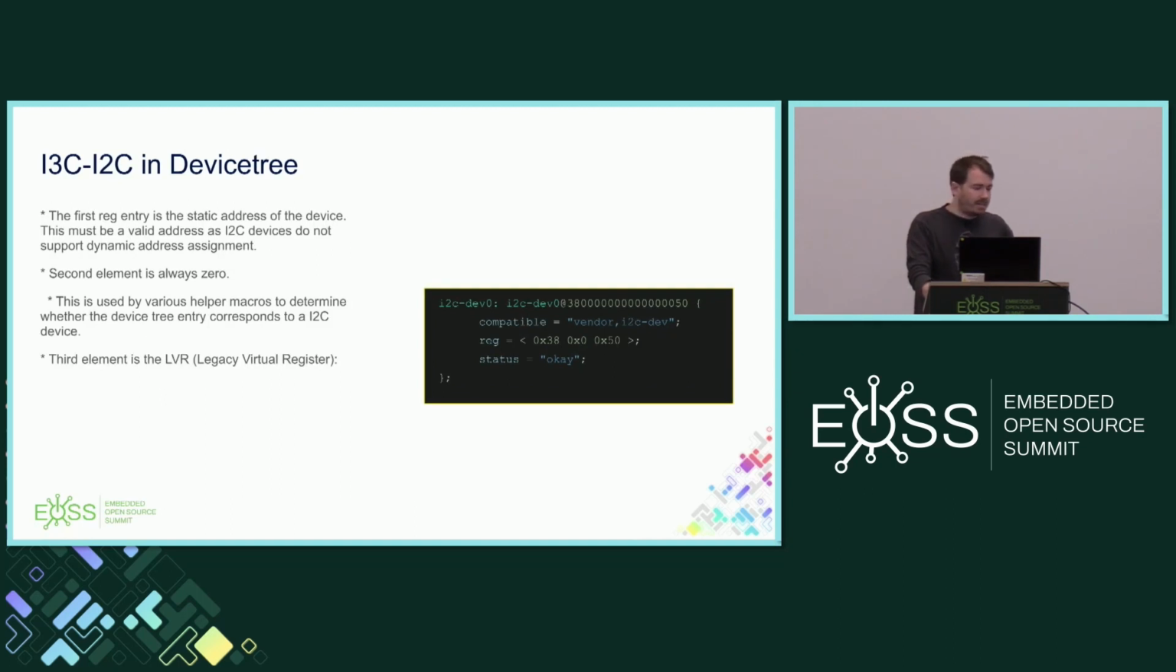And also, I2C devices need to be defined in somewhat of a unique way as well. So just like before, the first reg entry is just the static address of the device. And the second element is always 0. There's a bit of under-the-hood magic with the macros to determine that this is an I2C device by knowing that the second element is 0. And the third element is actually something new with I3C for compatibility mode called the legacy virtual